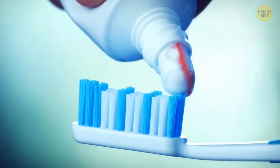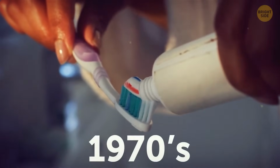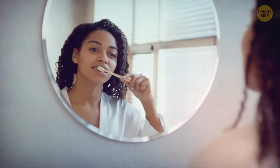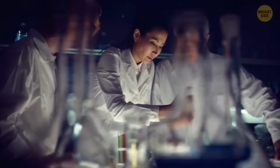The fact that toothpastes are multicolored is not just a nice perk to make dental hygiene more fun. There's a secret meaning related to each of the colors, which dates back to the 1970s. In those days, people grew more and more interested in their oral health care, and as such, they were looking